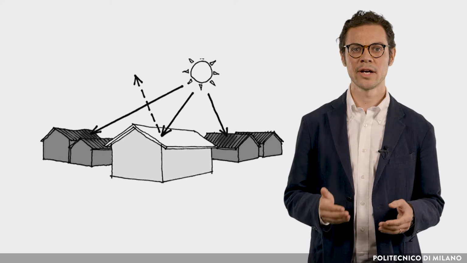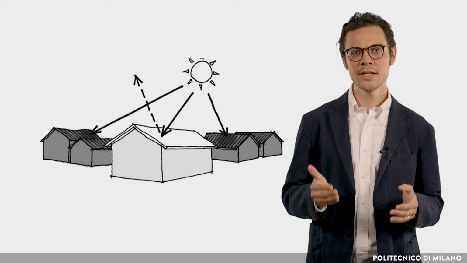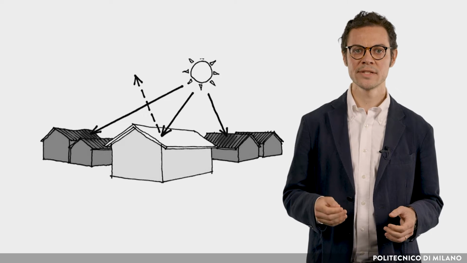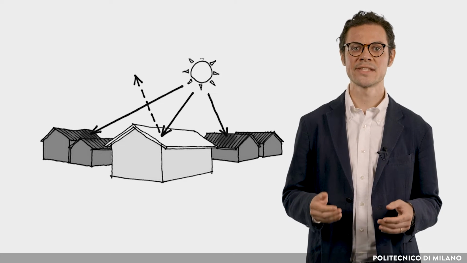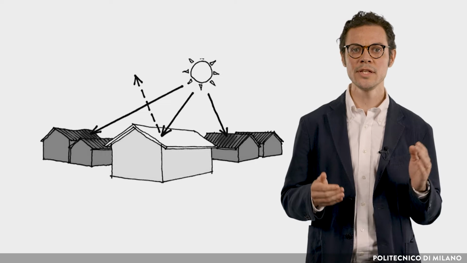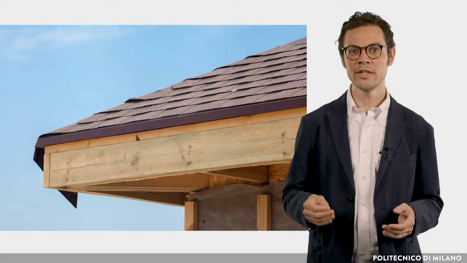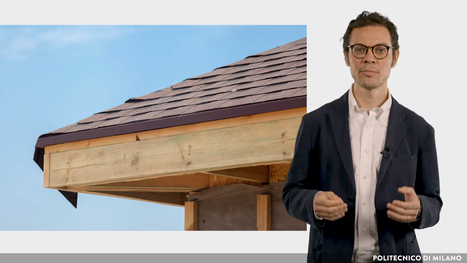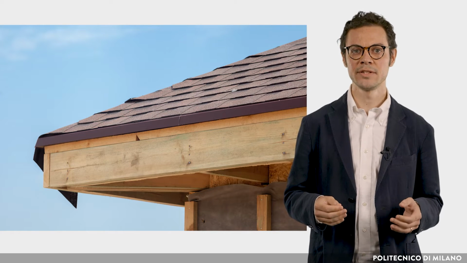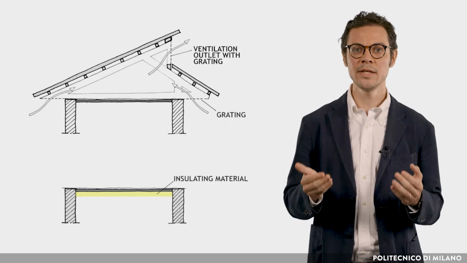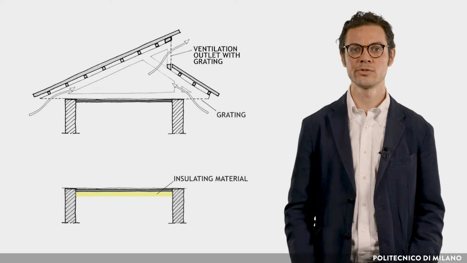For example, regarding the roof, it has to be said that an important feature is to protect walls, openings and interior from direct sunlight, particularly on east and west walls. The roof should be made of lightweight materials with low thermal capacity and high reflectivity, and should be ventilated or well insulated to reduce the heat gain due to solar radiation.